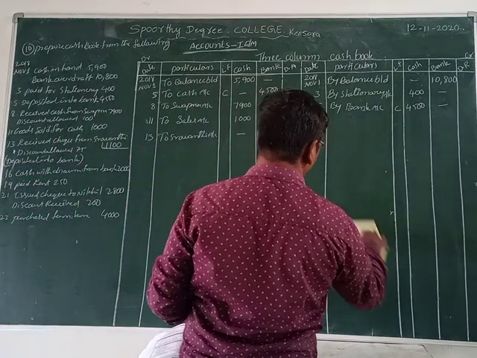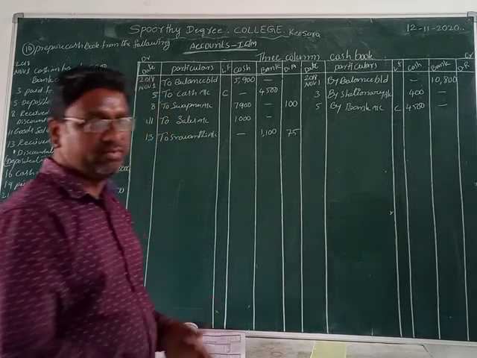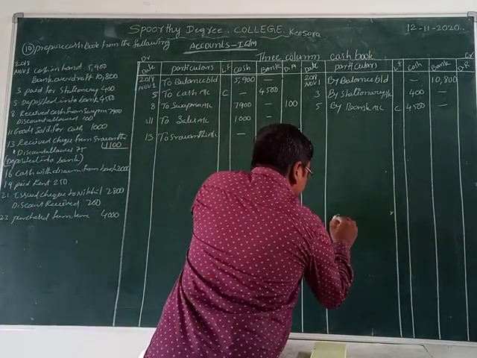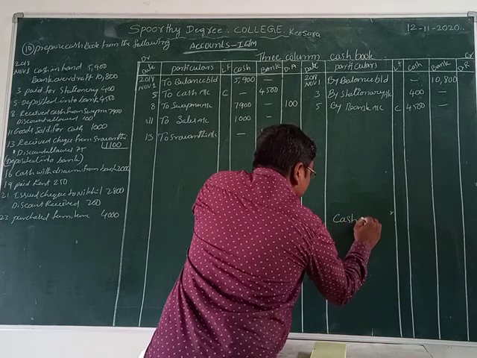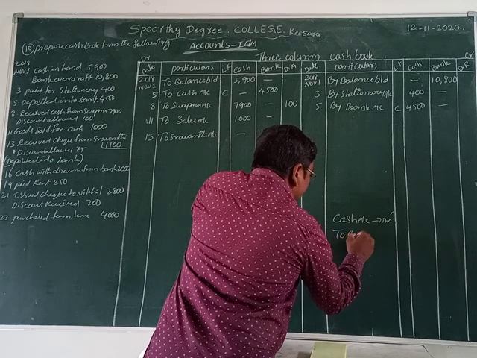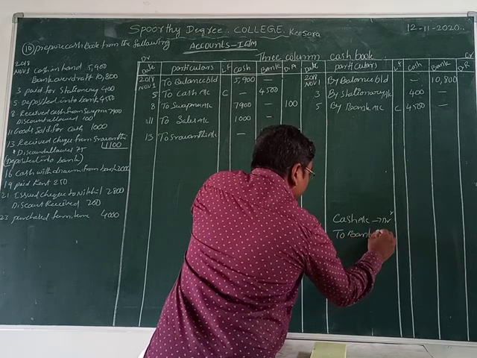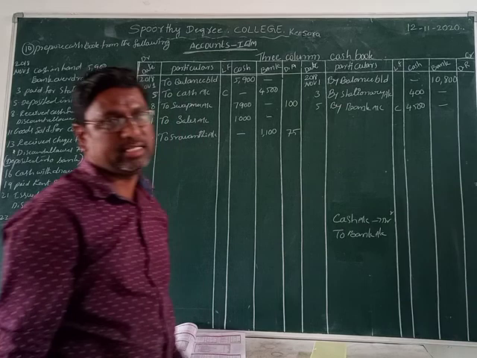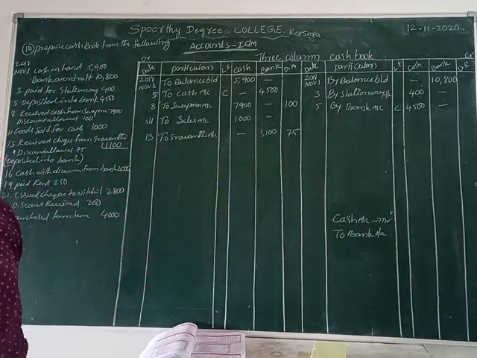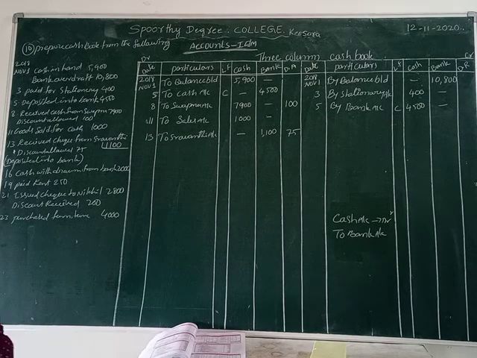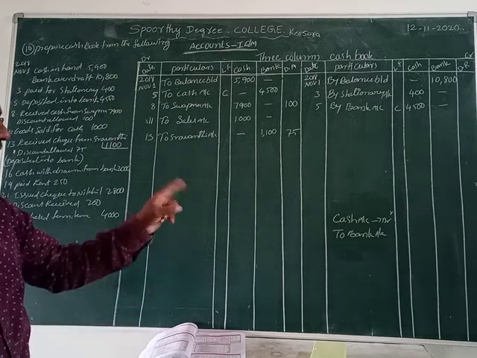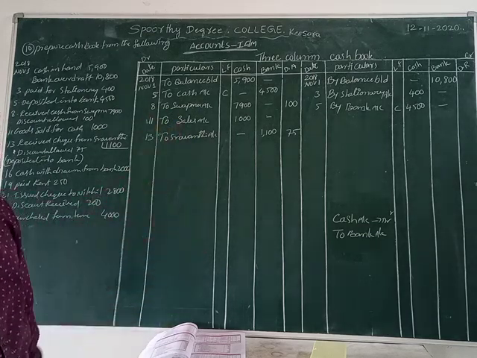Cash withdrawn from bank. Bank is the giver, that's why bank is credit. What is debit, friends? Here cash is debit. That's why cash account debit to bank account. Cash account debit to bank account, friends. Isn't it? It is very simple. So cash debit to bank credit is there. So how can we record it? Cash is debit now, so we record into the debit side. Bank is credited now, so we record into the credit side.